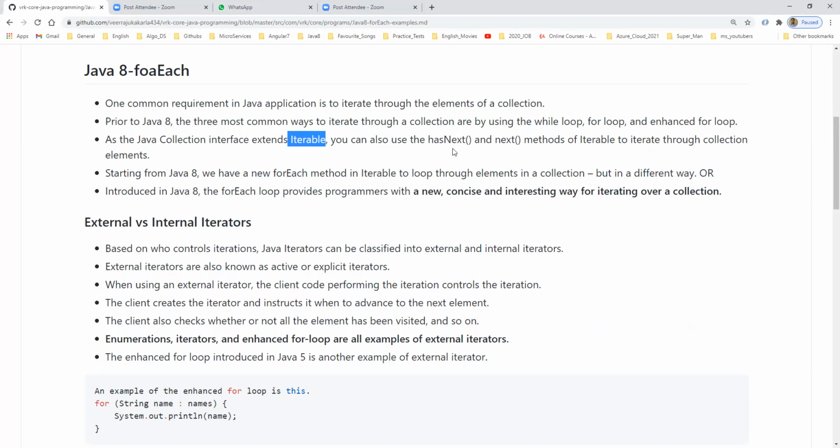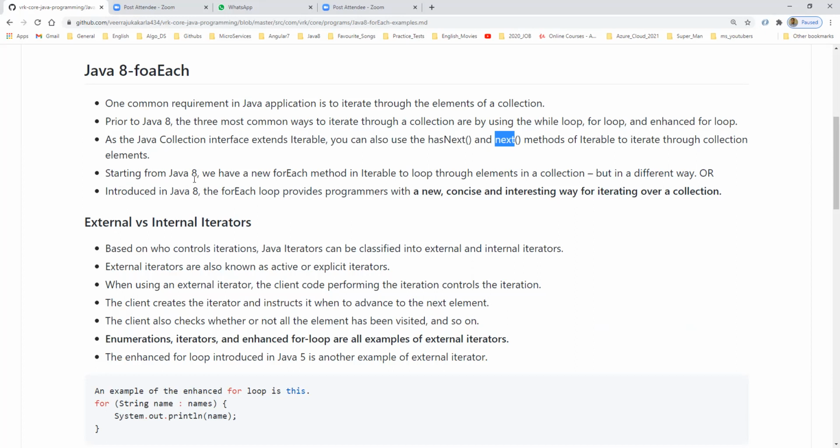Whenever we iterate using the iterator, we have hasNext and next. hasNext checks whether there is a next element or not. The next method returns the very next element. So we have methods like that in the collection.